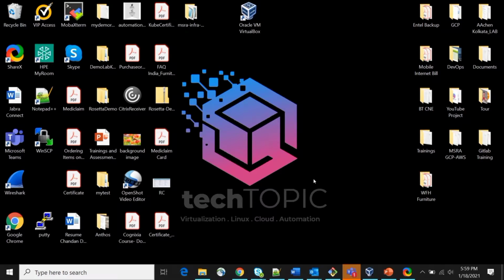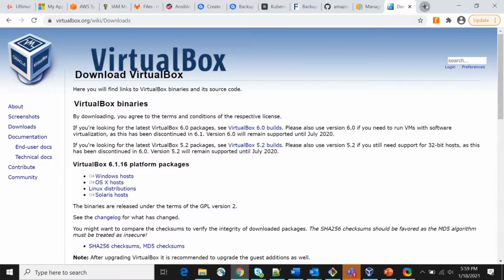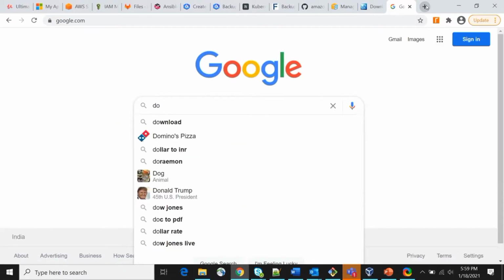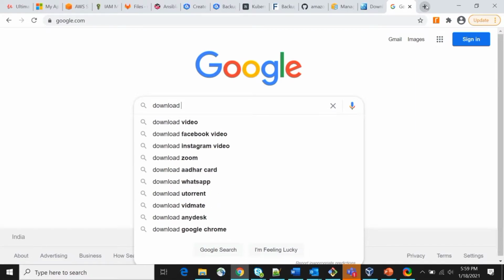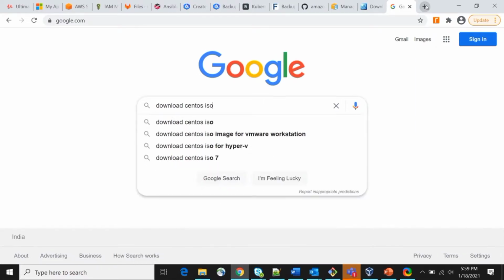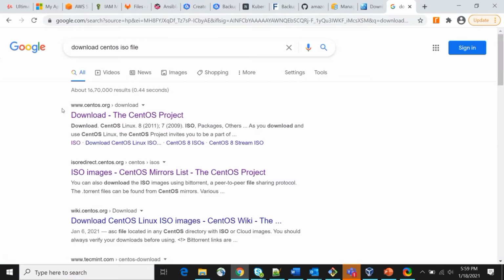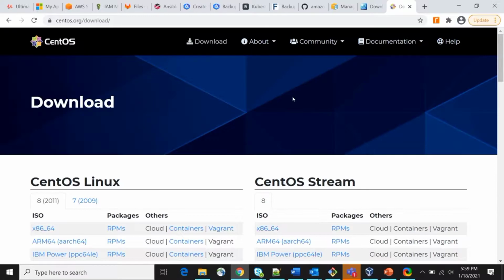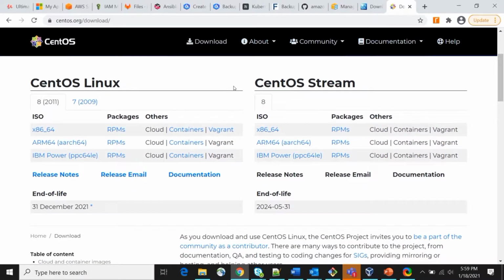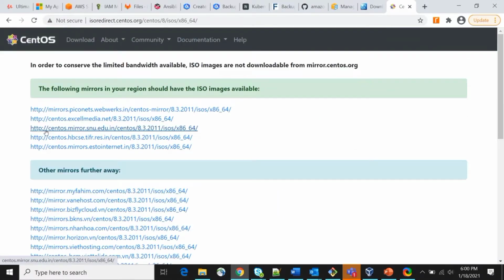Now we need another file which is the ISO file using which we will do the installation of CentOS. So open Google once again and you can type here. Okay, so the first starting page you can see here is centos.org and you can follow the same link. Here obviously the ISO file is there. Just click 64-bit. Using any of the links you can download the ISO file.